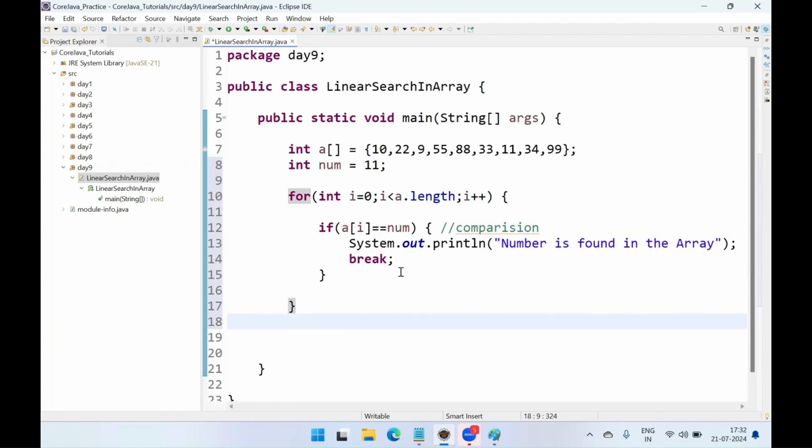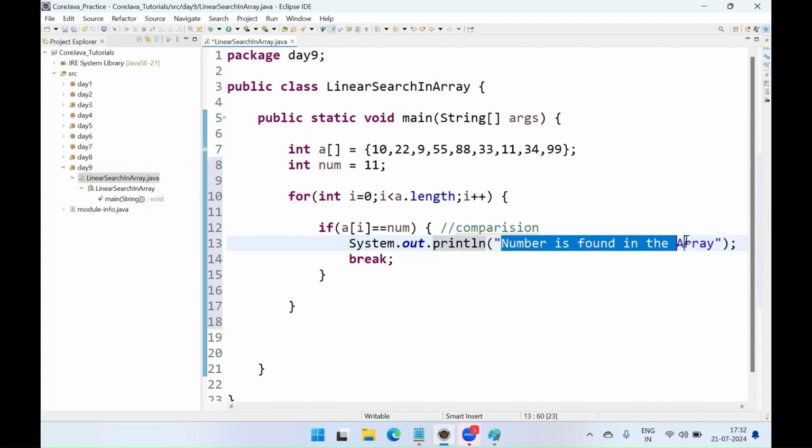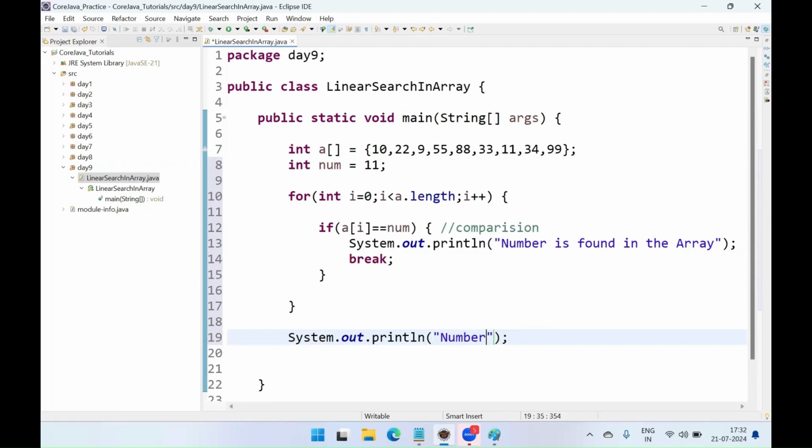If you remember the conditional statements we discussed about this. Whenever the element is found, this value will be printed, like the text is printed on the console, and the loop will break and come out of the loop. If the element is not found, then we have to print some text on the console, like the number is not found